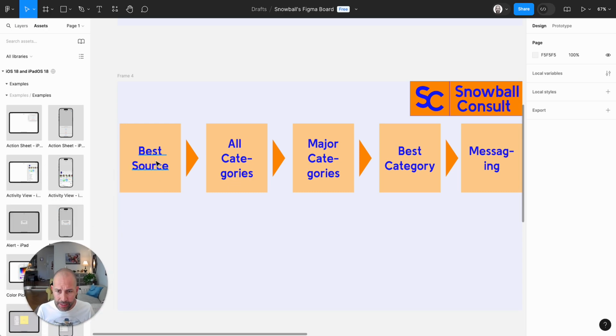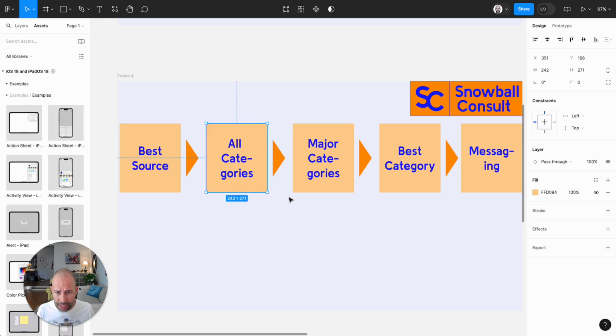What I'm doing is I find the best source. I capture all of the categories, which I restrain a little bit, in that I only provided a list of like 140 categories, and the AI needs to make a judgment which of the terms it finds go into one of these 140 categories. So this I'm going to let AI do. For example, with schools and kindergartens, it would know to make it into education and stuff like that, right? Then we want the categories we find, put them in major categories, select the best category, and then